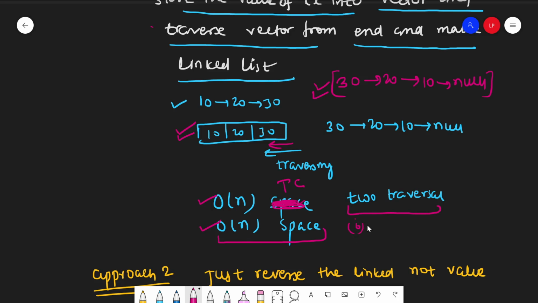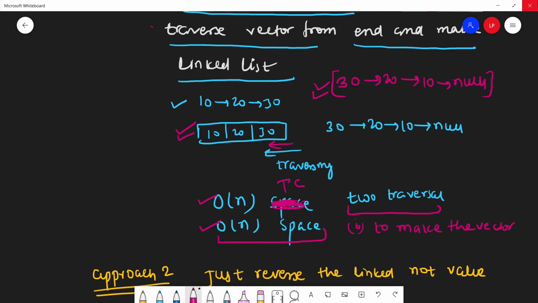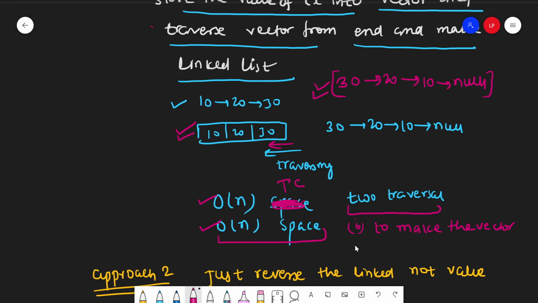Because first we traverse the whole linked list to make the vector, and second we traverse the vector to make the linked list from it.